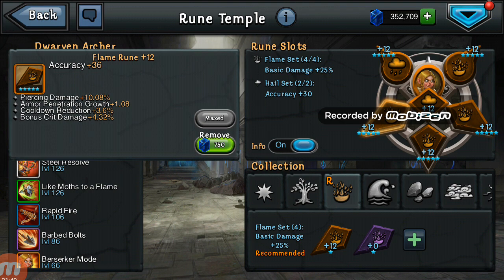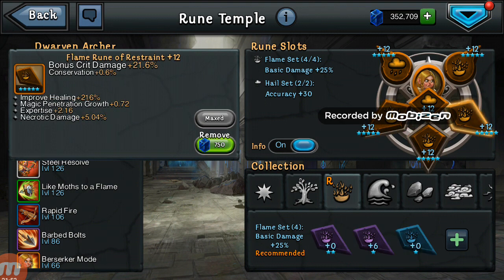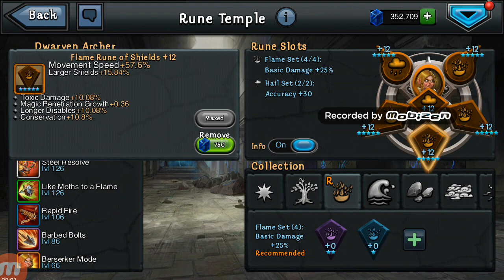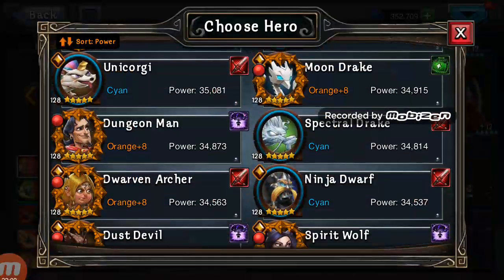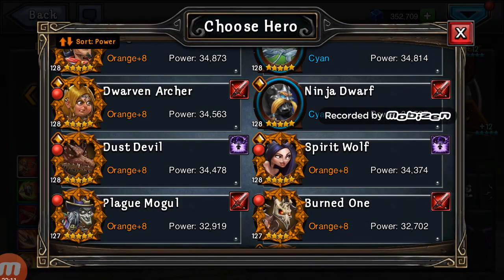Accuracy at Cyan isn't really that important anymore. Accuracy is gaining a big boost. She gains a little boost. She doesn't gain the big major gear boost that some of them are getting. But basically what you want to do for her is get her to the line, get her to her position in line as fast as possible. I ran Flame Set on her, and Hail is going to be changing pretty soon to probably a Mist